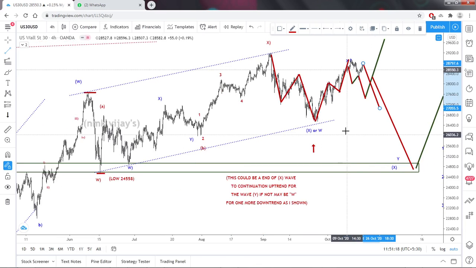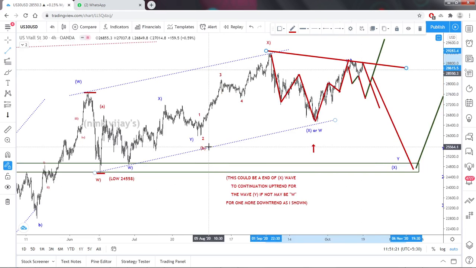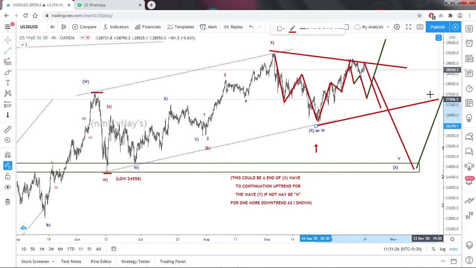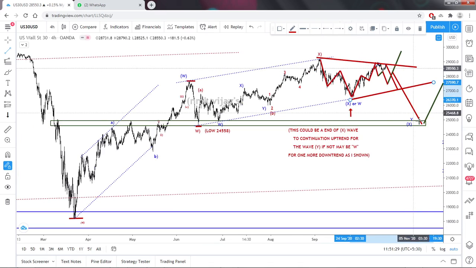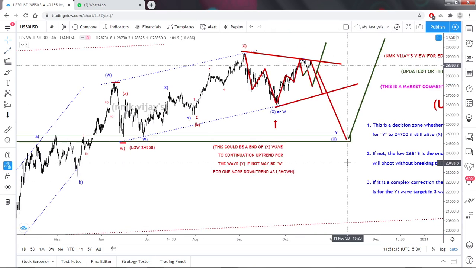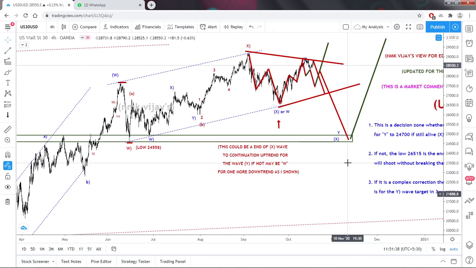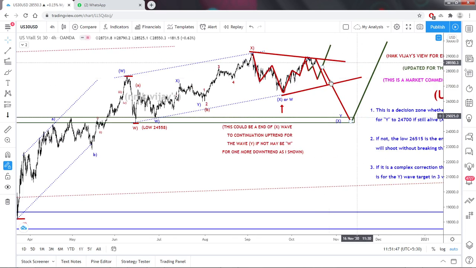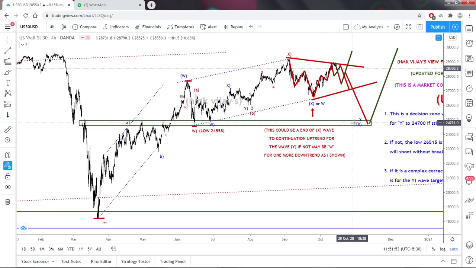Either it could be a triangle, can't say anything. It can break here also. So I'm looking only for the buy trade setup. But where do I have to take a buy trade setup for the swing? See, I'm not talking about intraday, not for swing. Here I'm looking only for the positional buy trade setup. In the sell trade setup I'm looking for the swing, but for the positional trade setup I'm looking for the buy. So if you are buying here in this zone, we need to be cautious.